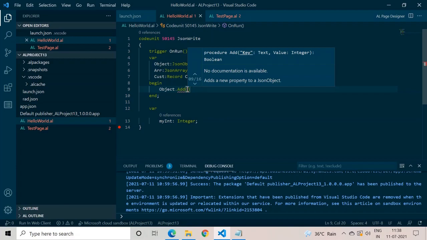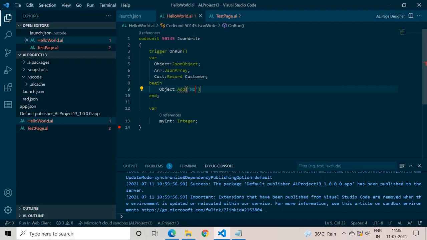Because we want the customer data in our JSON file, the very first thing is that I need to initiate the text.